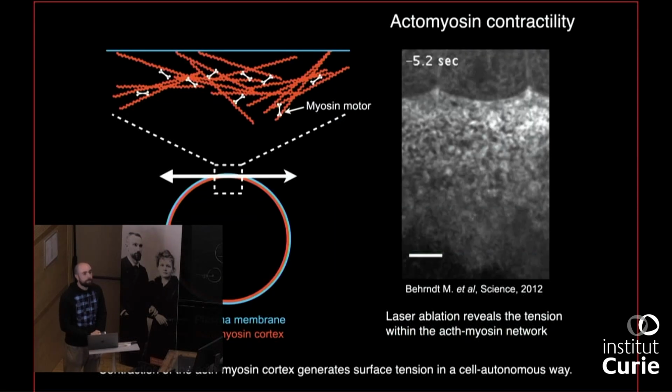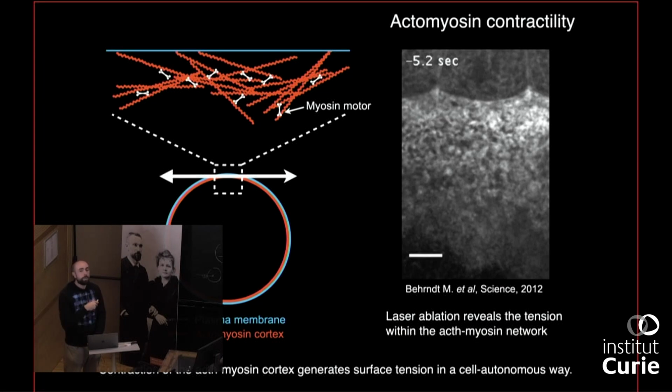But we also know that animal cells can change their shape thanks to tensions generated by the actomyosin cytoskeleton. You probably heard about the actomyosin cortex? No? Okay. So it's a thin meshwork underneath the plasma membrane of cross-linked actin filaments. The myosin motors are sliding the filaments against each other until they are under tension. And then this tension is transmitted to the cell surface by linking this meshwork to the plasma membrane. And it's a very important determinant of animal cell shape.